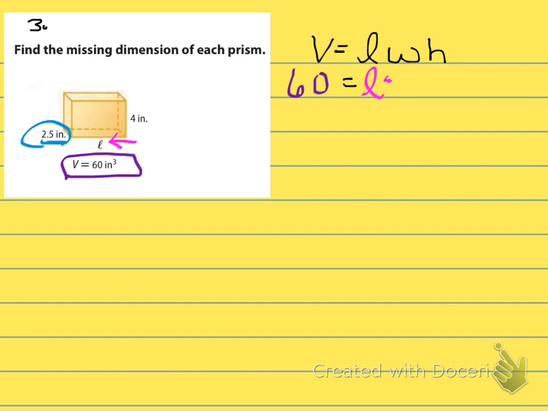So that's going to be 2.5 times, and then the height. So finally we have the height, which will be 4. All right, so now we go ahead and do some of this math here. So we get 60 equals,